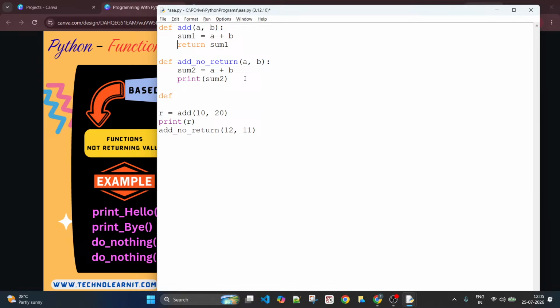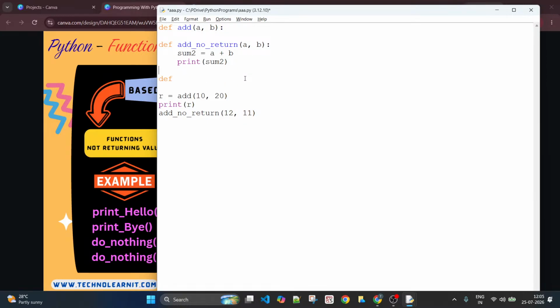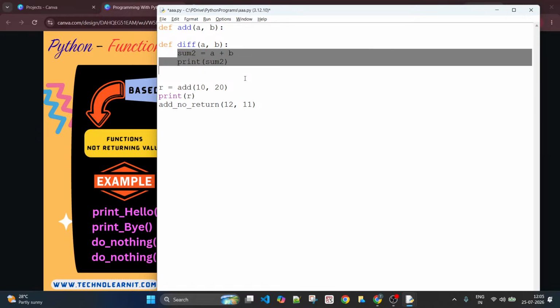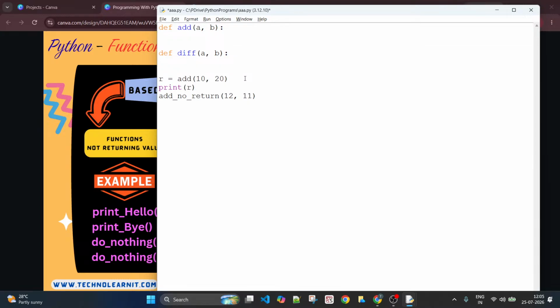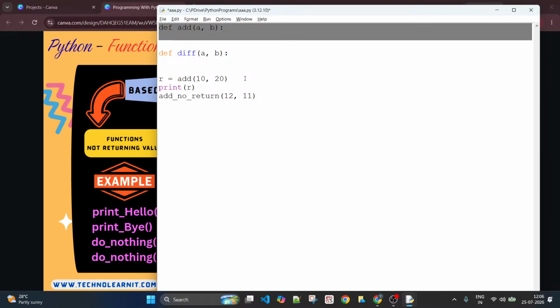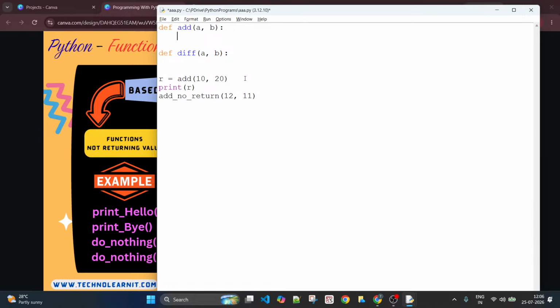Say for example, I wanted you to write two different functions. One to find the sum of two numbers and the other one to find the difference of two arguments, right? So I told you already that you need to write one function to find the sum, the other function to find the difference. So you definitely need two functions like this. So you get an idea and you define them, but you did not write the code. Then you can write pass.